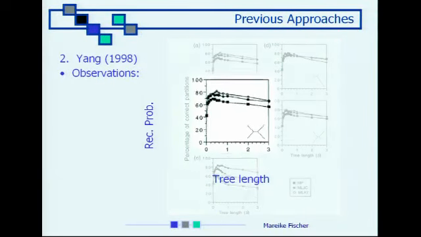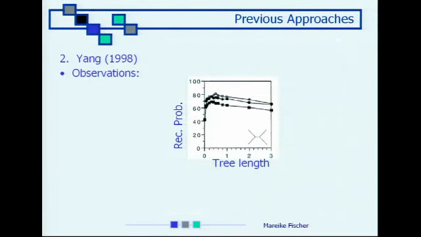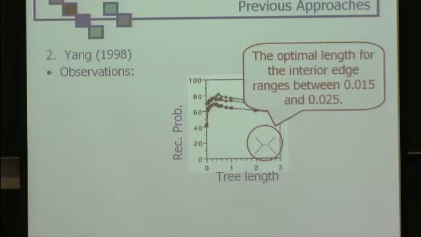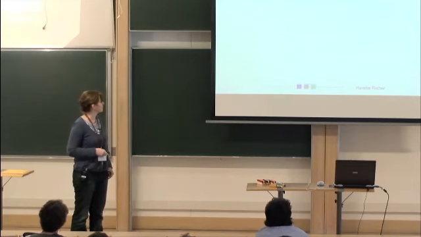But in the scenario that we will look at also today, and which was also the one that was investigated in the previous paper I just showed you, where the 4 pendant branches all have the same length, Ziheng Yang basically observed that the optimal length for the interior edge ranges between 0.015 and 0.025. Okay, what does that tell us? Well,